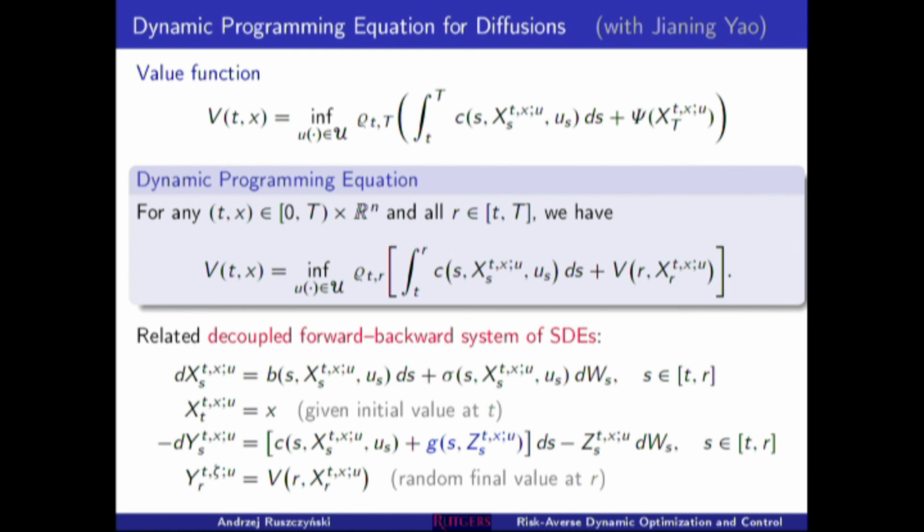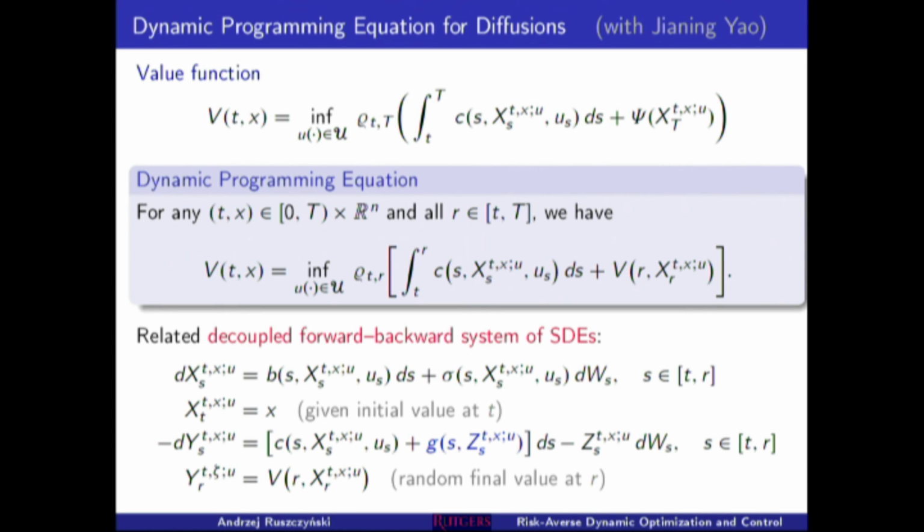we can define a value function in this problem. The value function is the cost of running the process from a given state at a given time to the very end, the optimal cost. This is the running cost, final cost, but running cost just from time t and the risk from time t. And we can write the dynamic programming equation for this process. Okay? It looks very much the same as the dynamic programming equation for expected value, except the conditional risk measures are put here. Now, if we put explicitly what it means here,